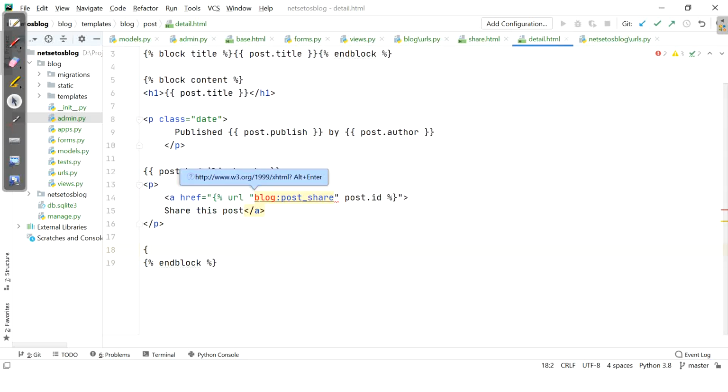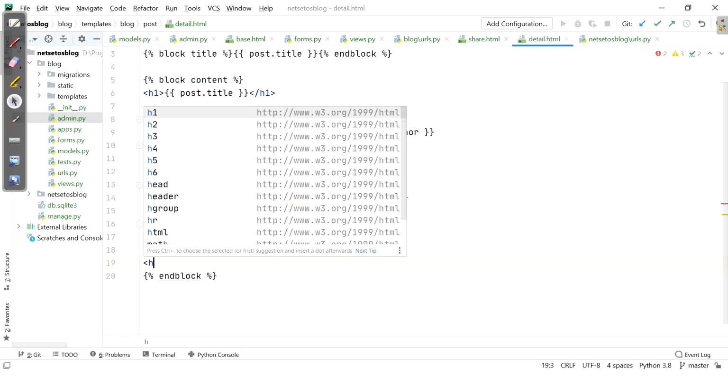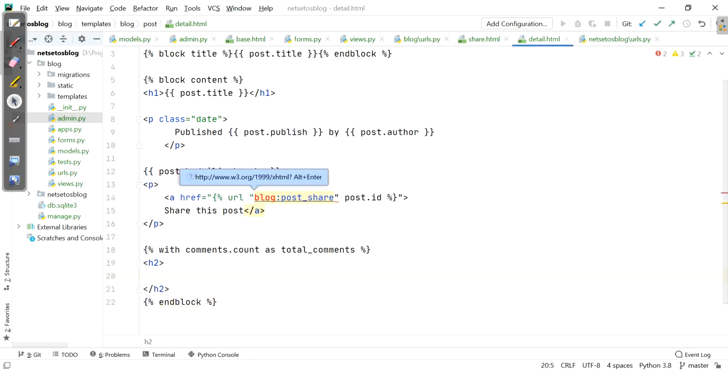Here I will start with comments.count as total_comments, and within an h2 tag we will have total_comments. Inside this we will have comment, then total_comments.